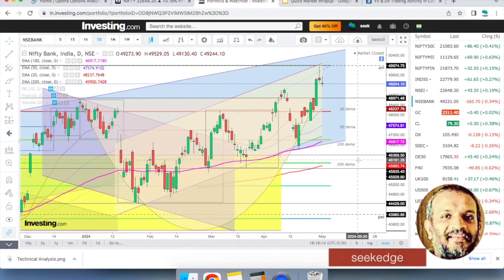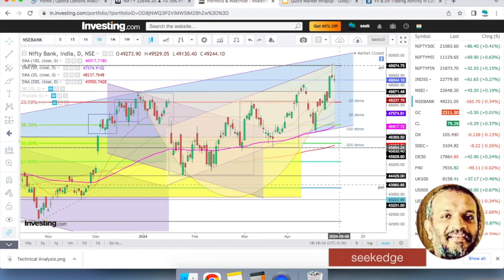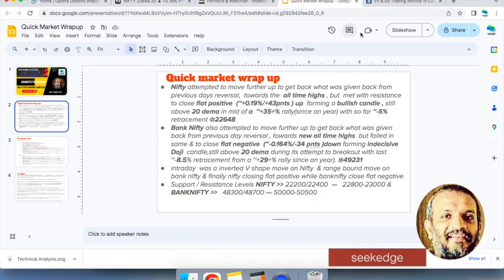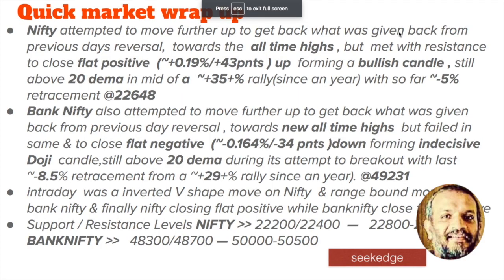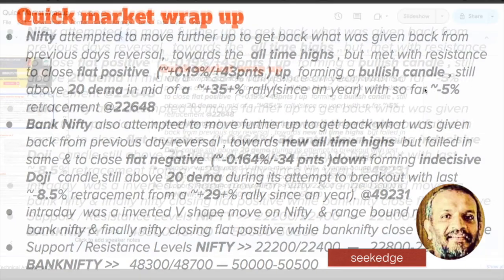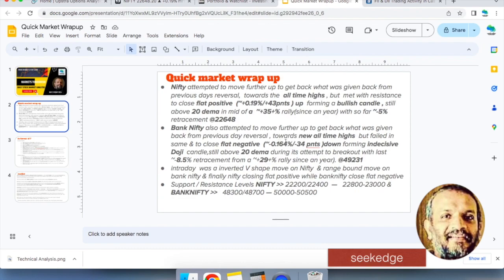47,000, if it ever happens, is normal. That's Banknifty. Let's quickly wrap it up. Today was a positive close on Nifty and a negative close on Banknifty, less than 0.5% on both, positive and negative. Nifty closed positive at 22,648. It attempted to go further up after the global cues and the reversal from the previous day's all-time highs. Banknifty also did the same, but it closed